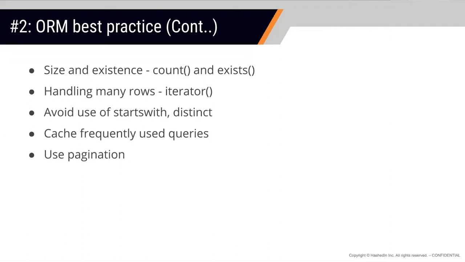But there is a nice function, .count. It will just return you the count. All the data transfer that you are doing through your .filter will not happen in that scenario. So make sure that you are using count and exists wherever you just care about whether it's a Boolean or just worry about the count.